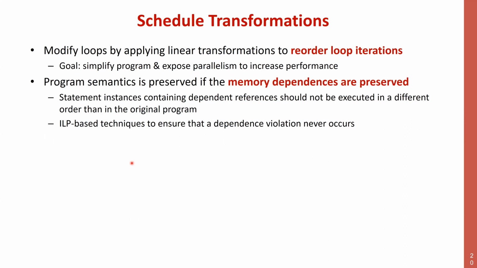Provided I'm doing the same operations overall, that is, in the end, I execute the same number of iterations, the same operation for each iteration, I can exchange them as I want, I can reorder as I want, provided that all the dependencies, and all the dependencies through memory in particular, are preserved, right? It's always the same story. It's what we have been doing for the last 10 weeks, right? We have been trying to reorder things as aggressively as we can, but we have a constraint, which is dependencies need to be